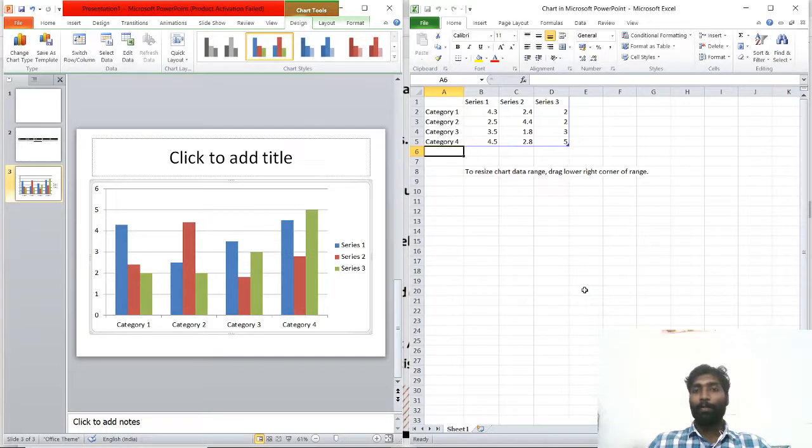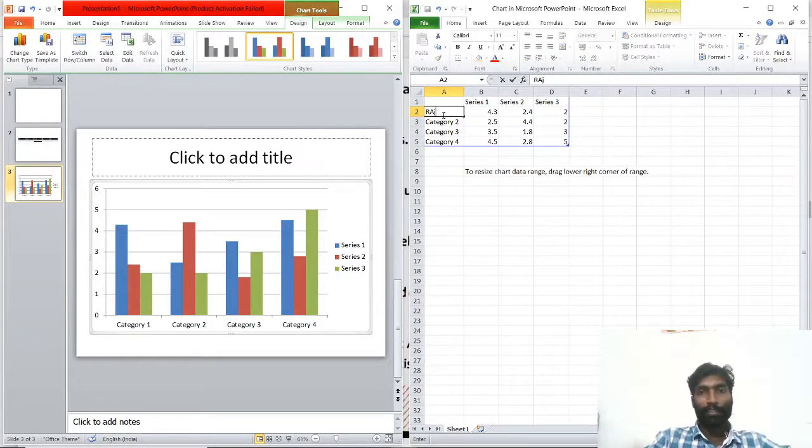Okay, now you can see here series 1, series 2, series 3, category 1, category 2 up to category 4. Now I am going to give students' names here.